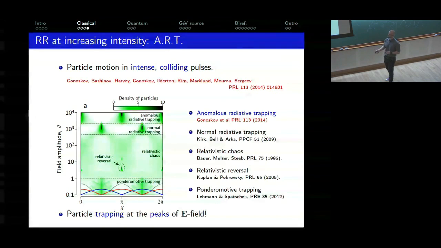It's the same picture again. This is just a wavelength of the standing wave. This is increasing intensity, A0, and the color just shows you density of particles. And there are many interesting effects regarding trapping and focusing of particles. In standing waves, it's fundamentally a chaotic system. Anomalous radiative trapping lives up here at the top. You see these very dense black areas. This means the particles are being concentrated there. And if you just look down the page, there it is. It's at the peak of the electric field. Okay, so even classical physics can be a little bit surprising at high intensities.